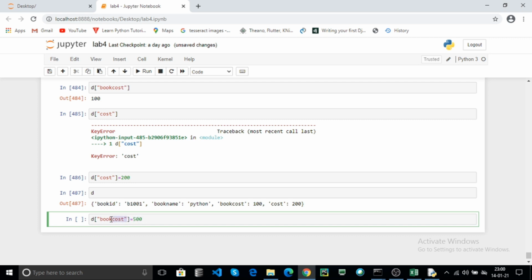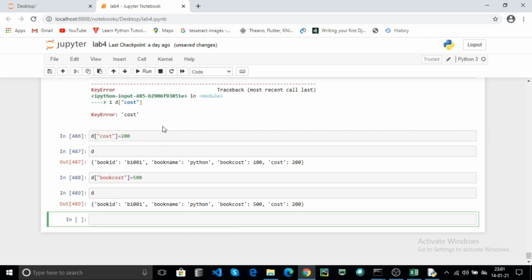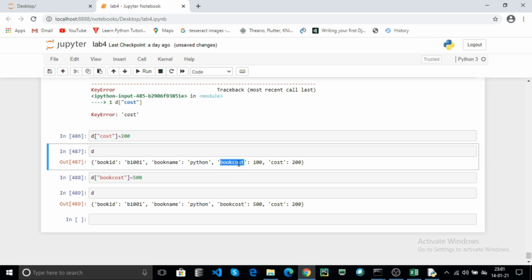If book cost does not exist in your dictionary, it creates a new key as book cost and assigns 500 as value. Otherwise your book cost value will be modified. Click on run and print the dictionary. Here the dictionary value is 500, key as book cost. Before, the book cost value was 100.